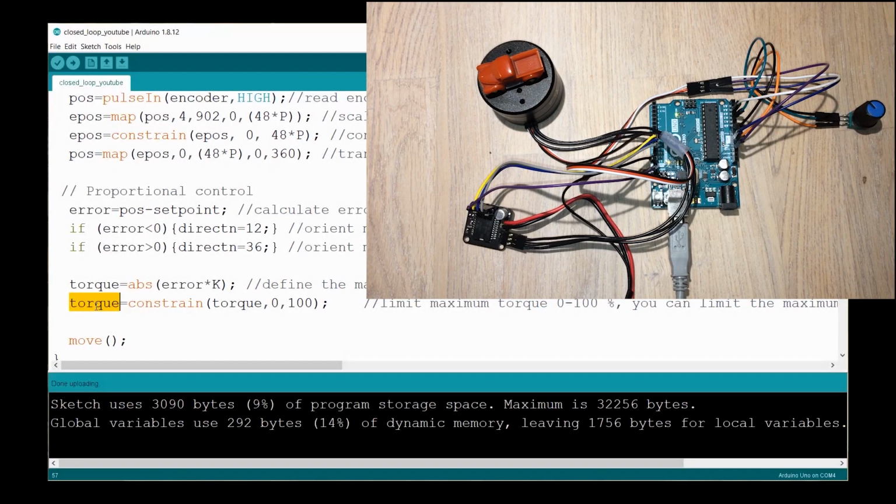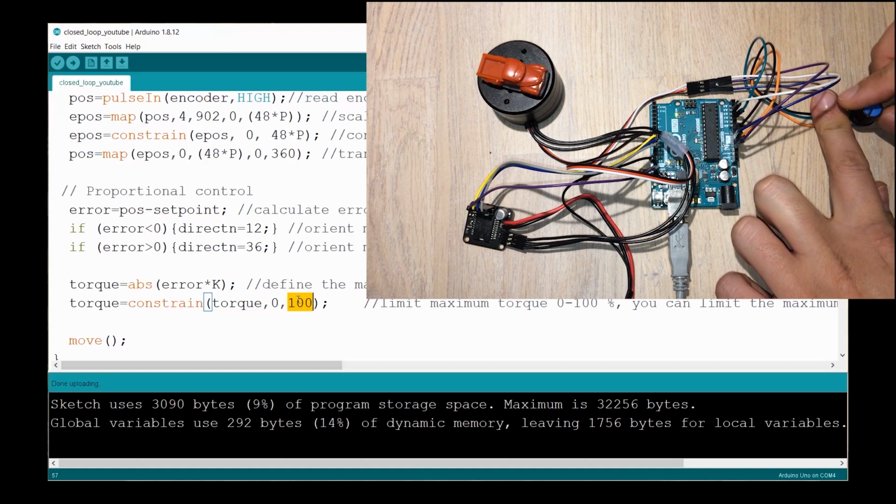Let's watch how we constrained torque and what implications it has in the behavior of the system. Right now, I have topped the torque to 100%. So this is as high as you should put it. And if you look at the video of the motor,